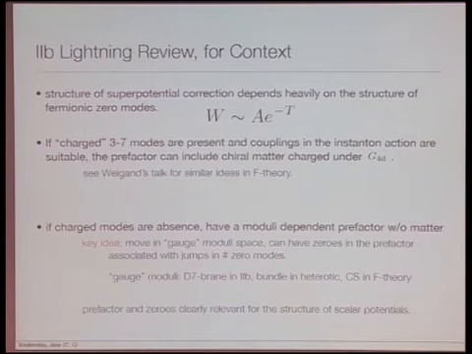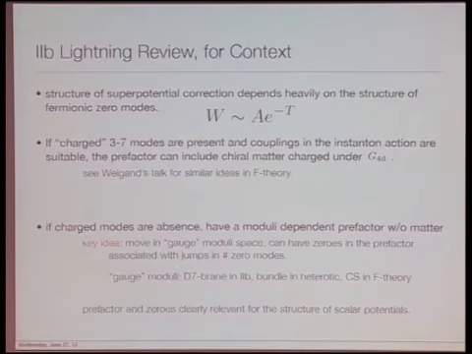So when I say gauge moduli, what I mean is D7 brane moduli in type IIB, bundle moduli in the heterotic string, and complex structure moduli in F-theory. One of the things that has been prevalent the last couple of years is thinking about F-theory from all three of these points of view. And these are the moduli that typically appear in these prefactors. So I don't think I need to motivate that the structure of any moduli dependence in this prefactor is clearly going to be relevant for physics through the effects on the scalar potential.